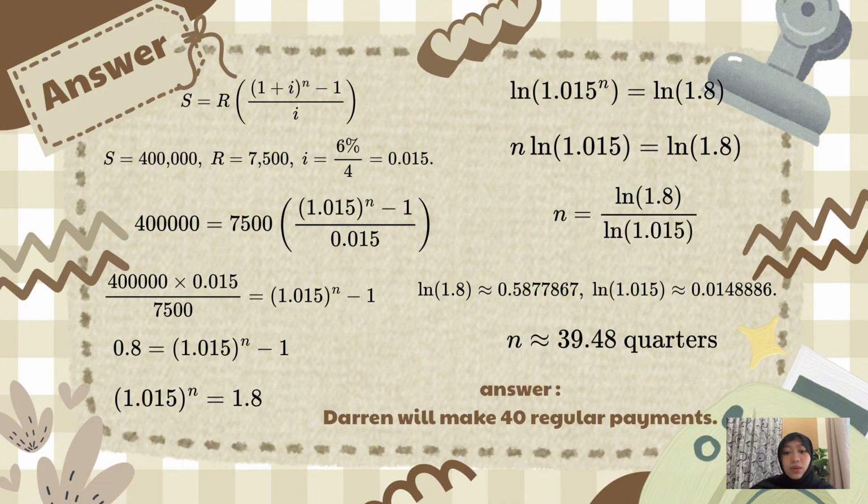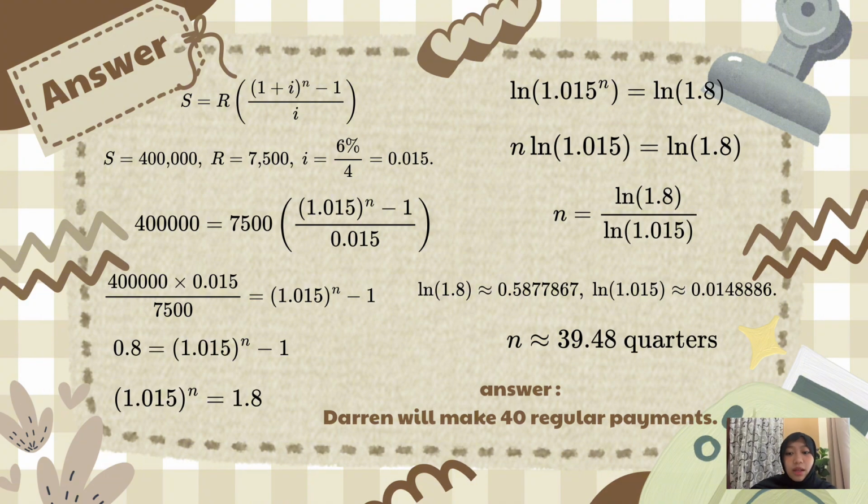Next, we substitute the values given in the question. We let the future value be 400,000 ringgit, the regular payment be 7,500 ringgit, and the interest rate be 1.015. After substitution, the equation becomes an expression that simplifies to 1.8 when 400,000 ringgit is multiplied by 0.015 and divided by 7,500 ringgit. This isolates the expression containing 1.015 raised to the power of the total number of periods minus 1. Then we add 1